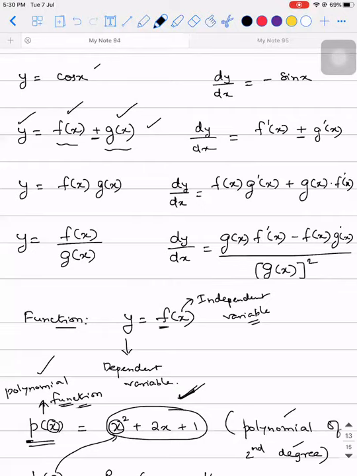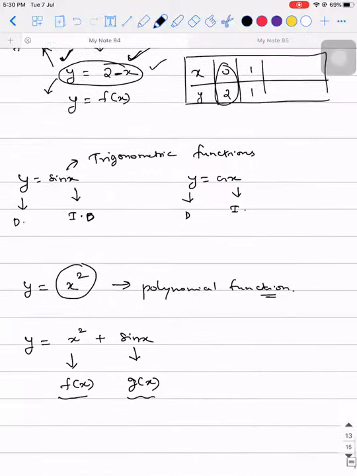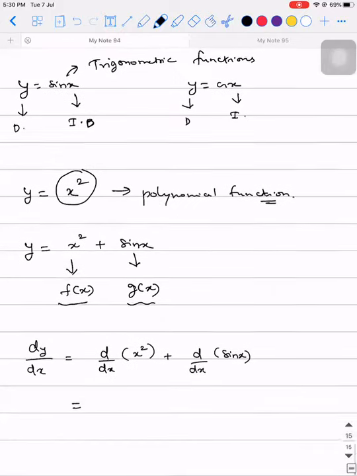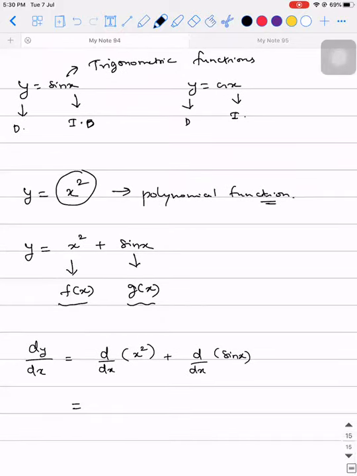So that is what I wrote as f of x plus or minus g of x. For example, if the question is y is equal to x square plus sin x, then what is dy by dx equal to? Then it is d by dx of x square plus d by dx of sin x. So what is the derivative of x square according to the formula you people have? What is the first formula that I gave you? N into x power n minus 1. Plus what is the derivative of sin x that I gave you? Cos x. So what will be the answer? Are you able to understand?